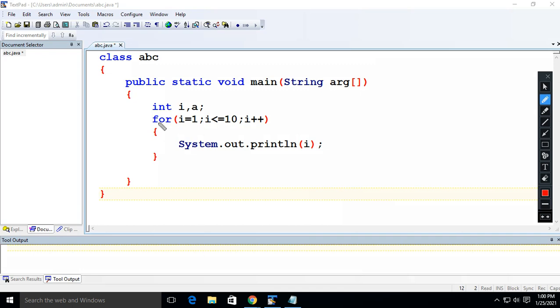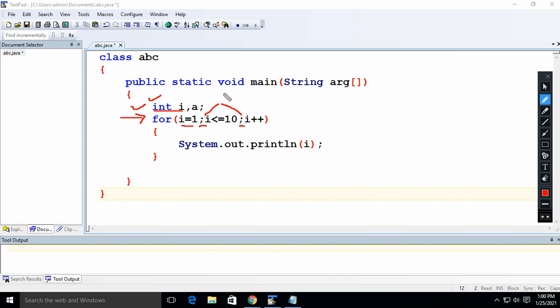Yes, sir. Now see, in this for statement, first we will declare the variable before this. Here also you can declare it, but it is better to declare it here, then use that variable. And now see, in this for loop, there must be 2 semicolons.